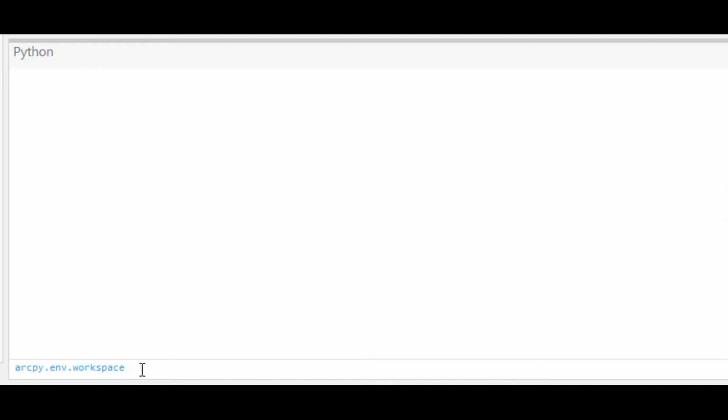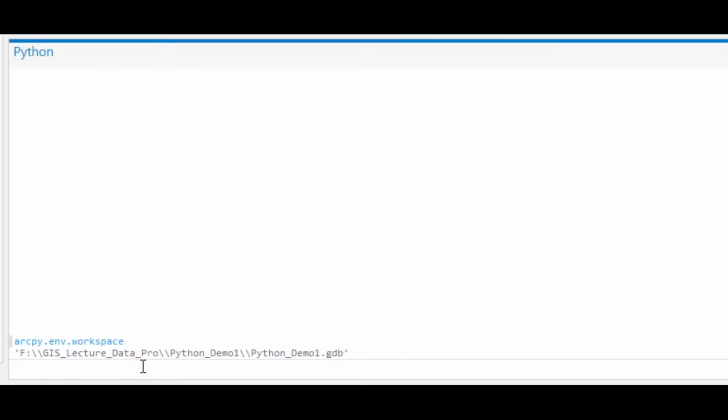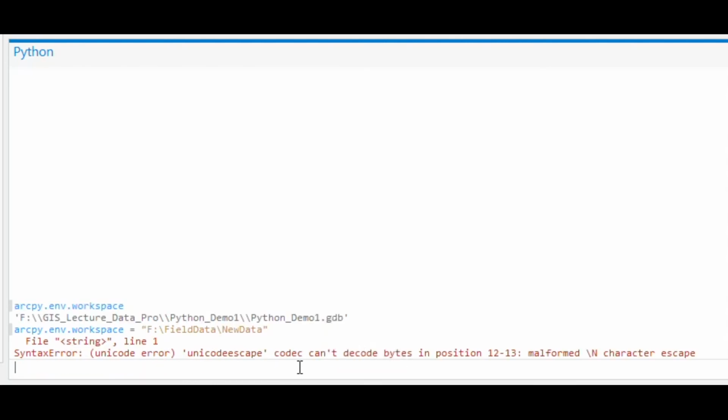Here's an important Python command to set or query the workspace within our environment settings. If you add nothing else and you simply hit enter, it shows you your current workspace. In order to change it, all we need to do is define our new workspace, which is this one here. On my USB drive, I have a folder called new data, and if I hit enter,